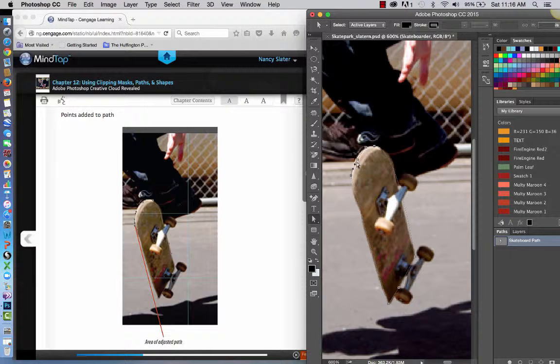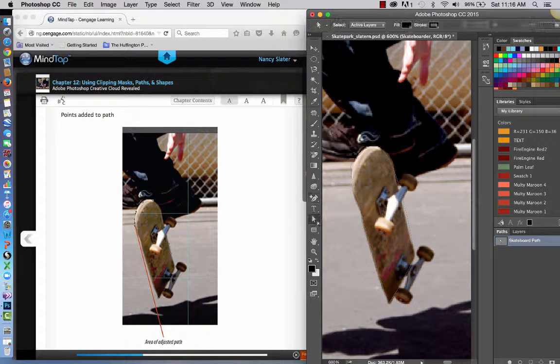Okay, I'll tell you what I'm going to do. I'm going to replace that anchor point. I let go of the mouse before I dragged it, and so now I'm not getting the handles that I want. So I am going to click and drag. And I'm going to drag this handle again just a little bit